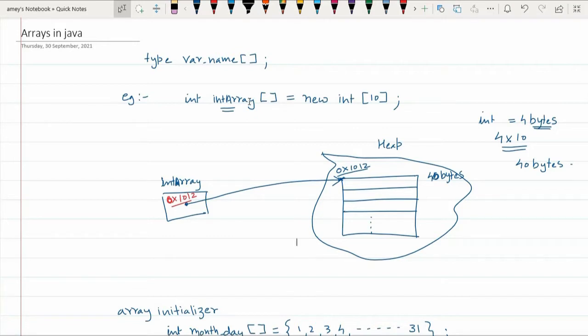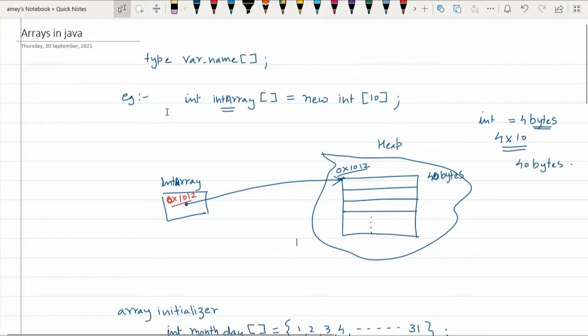So, this reference name tells the JVM that this particular variable can store the starting address of an array.